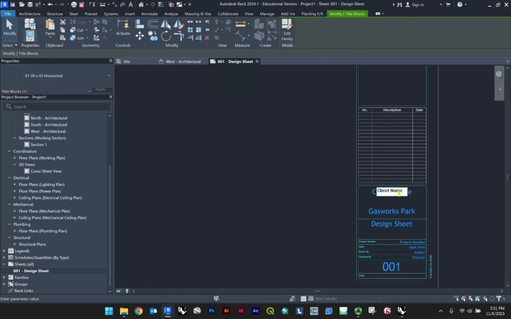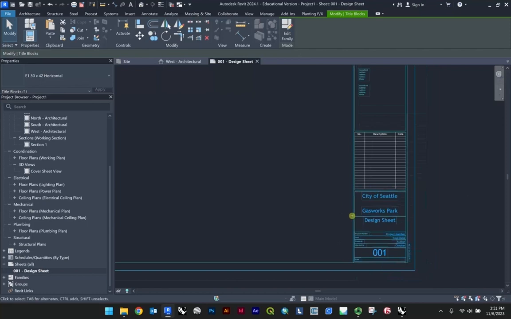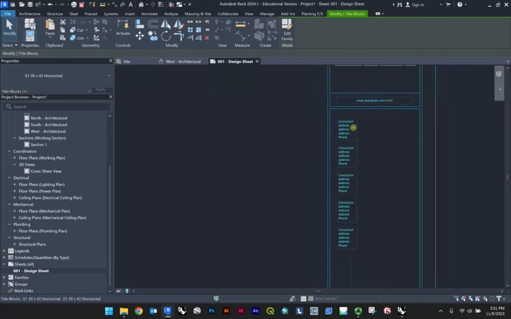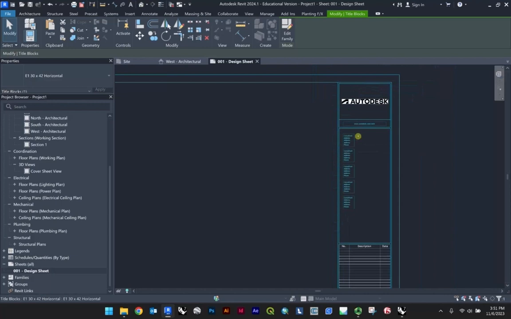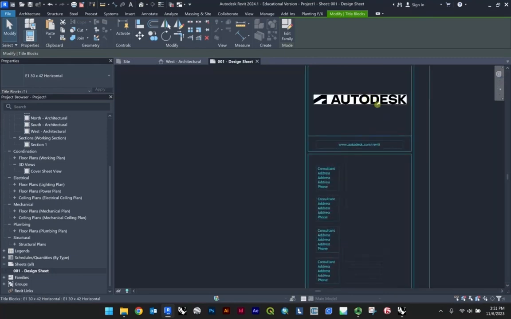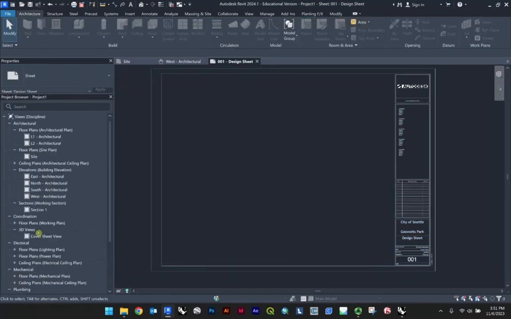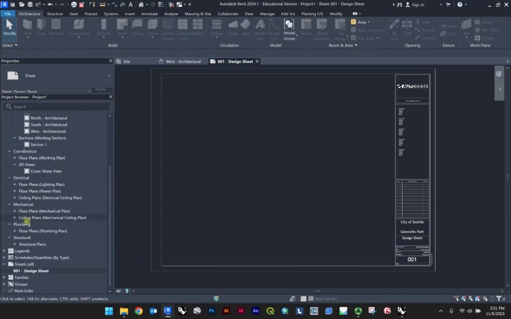Client name, could do anything here. This, the city of Seattle. I think you get the point. But go ahead and just update all of these other things. You're the consultant, so have some fun with that. You could also swap out the logo for your own. But in any case, a lot of that initial setup there was really for us to simplify a little bit